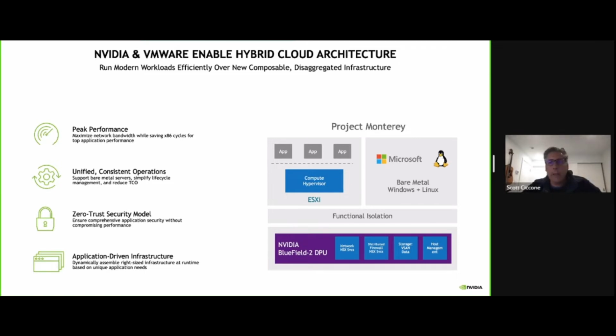So some key advantages real quickly. Project Monterey is going to run key ESXi functions on the Bluefield DPU. The new platforms are required for running modern workloads efficiently over the new composable disaggregated infrastructure. And it's great that VMware has recognized this early. Project Monterey will result in software that can use the Bluefield DPU to reinvent the data center architecture to deliver new capabilities. So some of the key objectives here,